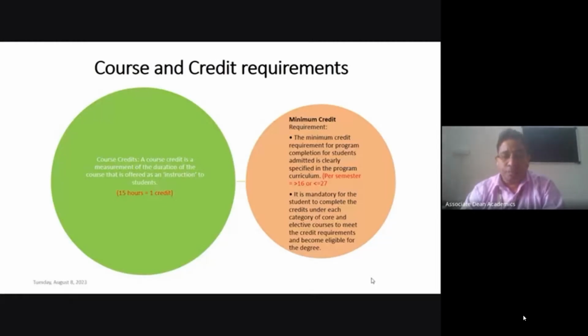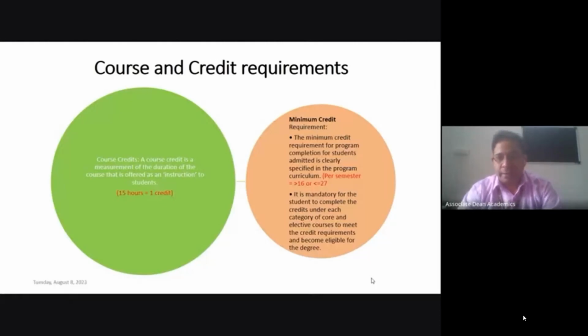So overall, you should understand the meaning of credit here. For the BTech program, 1 credit is equivalent to 15 hours of study. That means if you are studying an LT course of 3 credit, 3 credit is equivalent to 45 hours. That means you have to attend classes equivalent to 45 hours.